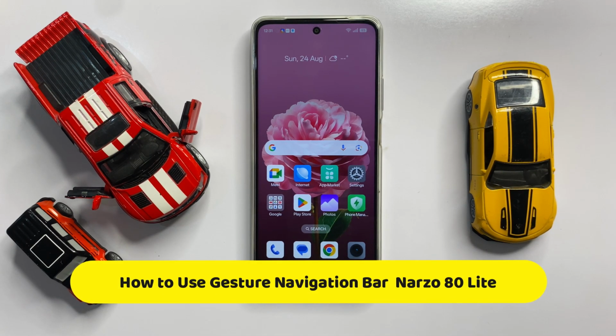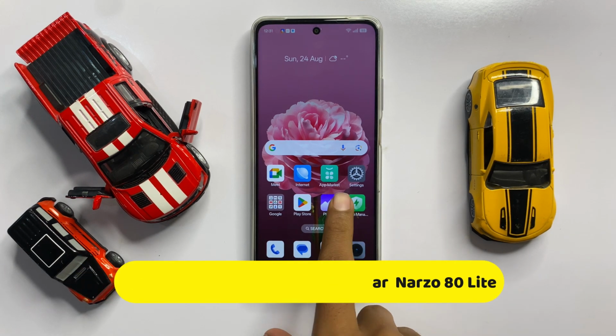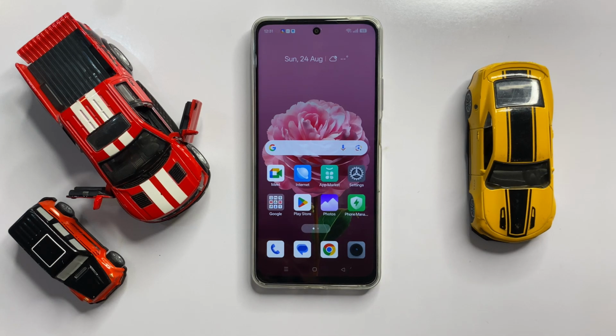How to use gesture navigation bar in Realme Narzo 80 Lite. So let's start the video. First of all,